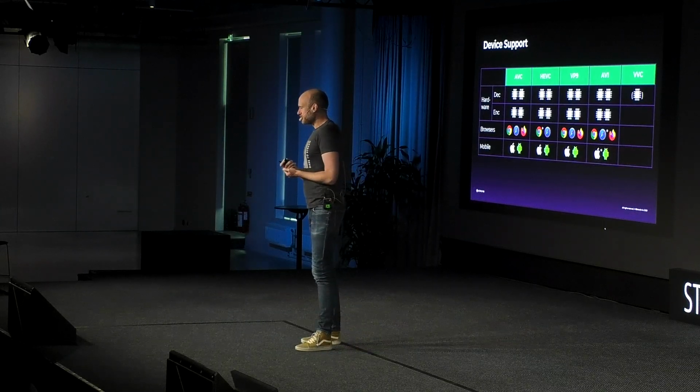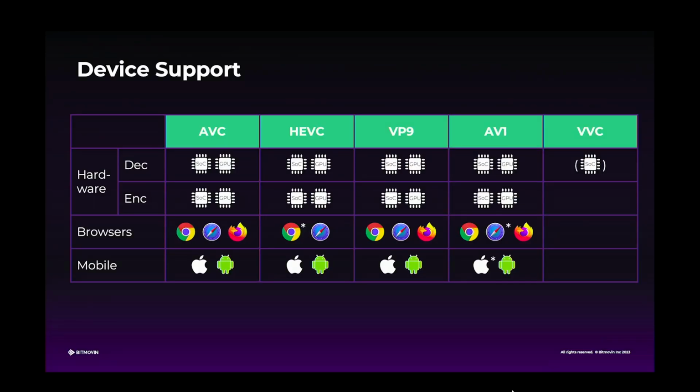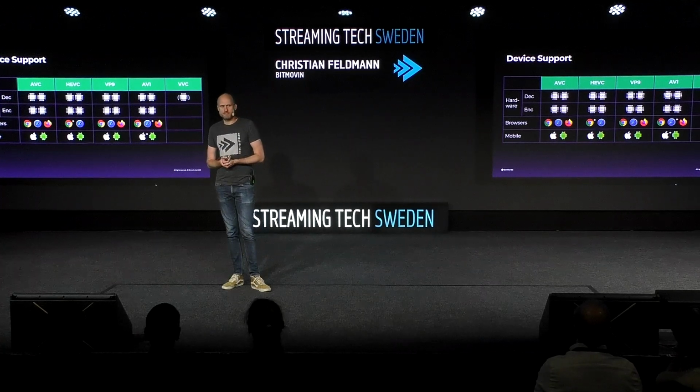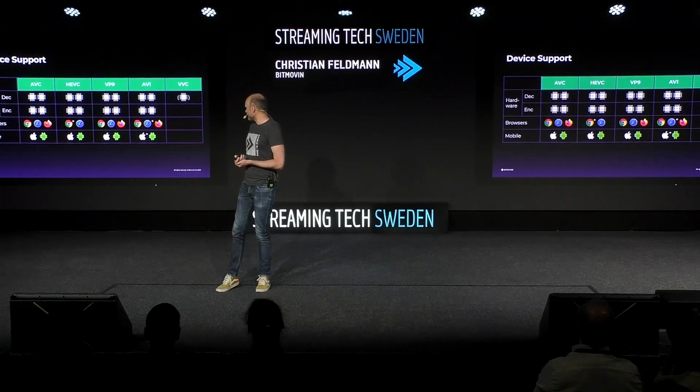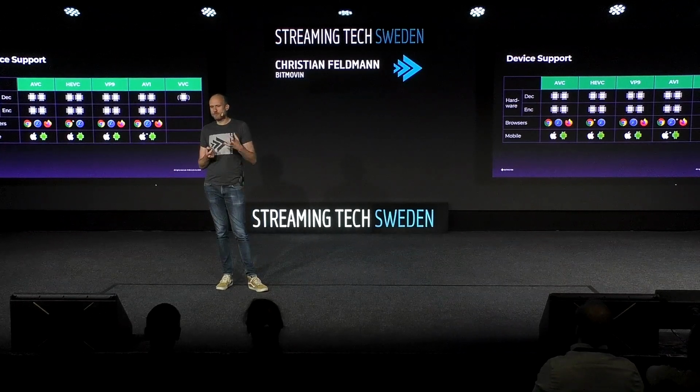Device support. So yeah, about hardware encoding, decoding, most of these codecs, you can buy chips or they can be decoded and encoded on the GPU, on GPUs and devices. VVC is still upcoming. It's too young. There's definitely developments, but we haven't seen much yet. On browsers, there's a lot of support. The latest news is that Chrome also enabled HEVC support for playback, unfortunately with a but. There is no DRM support yet.